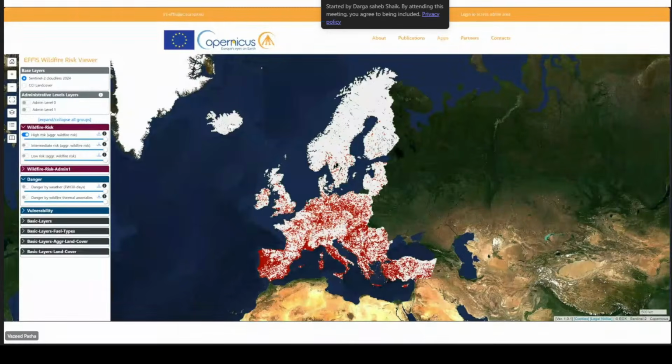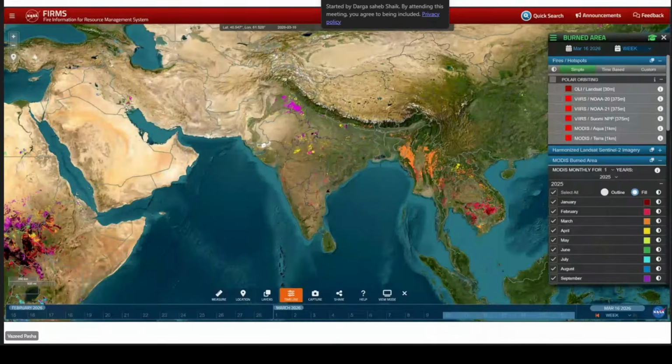There is another renowned website called FIRMS, Fire Information for Resource Management System. That is by NASA. This NASA website will give a lot of data on forest fires and forest burnt areas: NOAA satellite, VIIRS, MODIS, Aqua, Terra, 1 kilometer level satellite products.